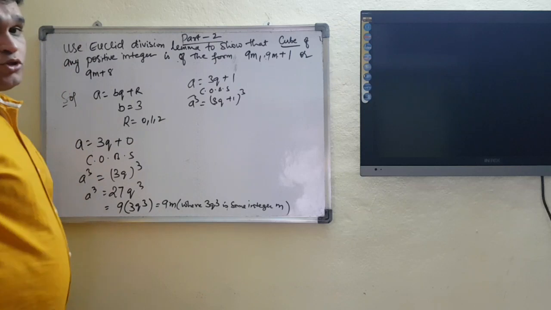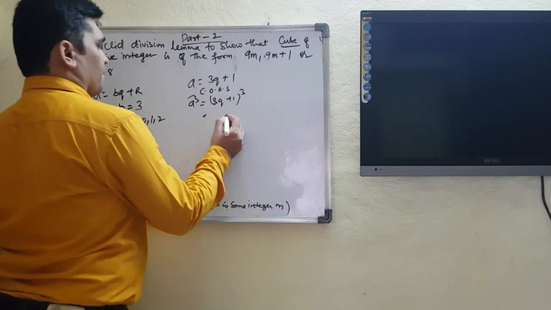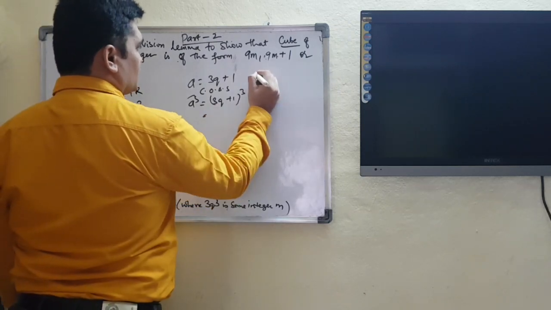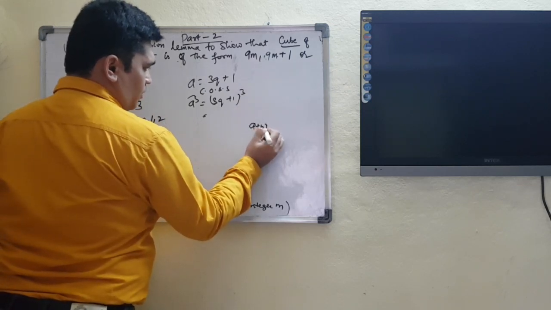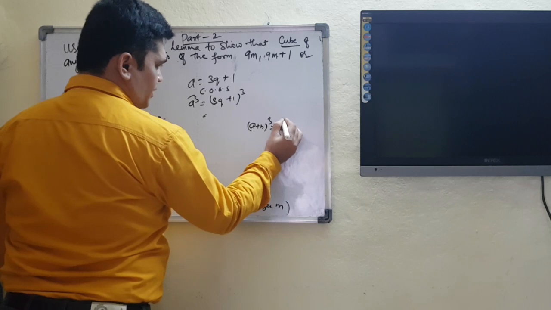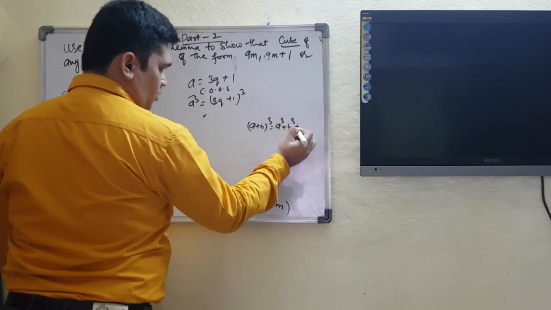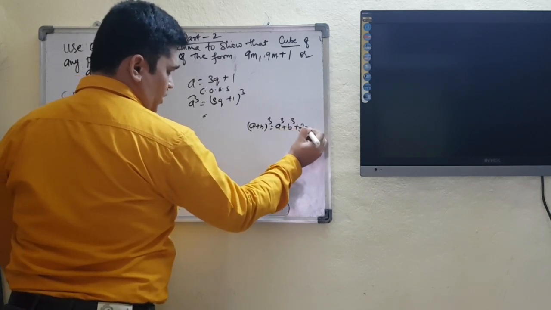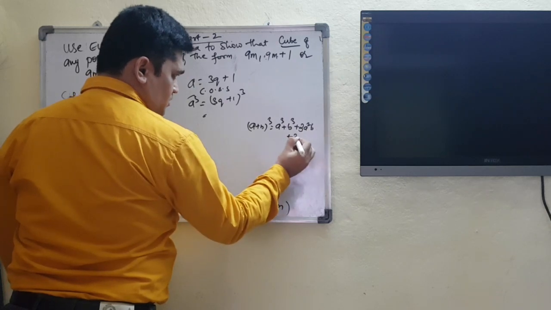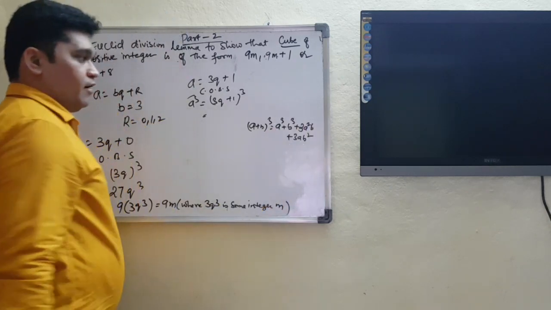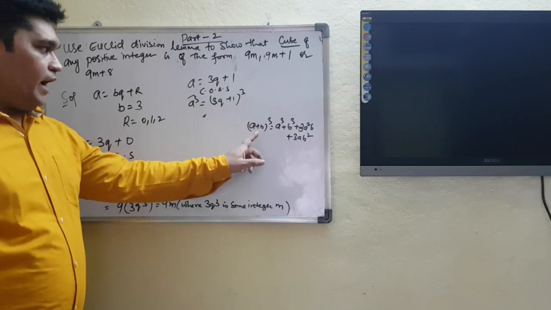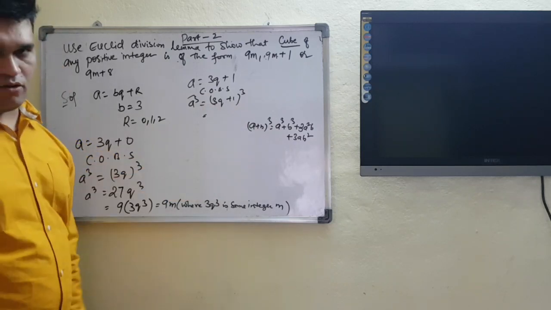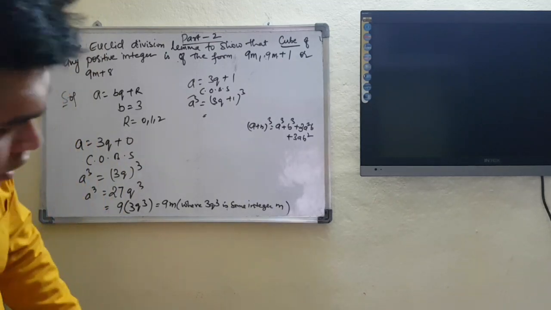What is the a plus b whole cube formula? If everyone doesn't know, let us just tell. What is a plus b? I am going to write a plus b whole cube. You need to understand it is a cube plus b cube plus 3 a square b plus 3 ab square, where a will be considered as my 3q and b will be acting as my 1. Okay, I am going to erase it. You just solve it.